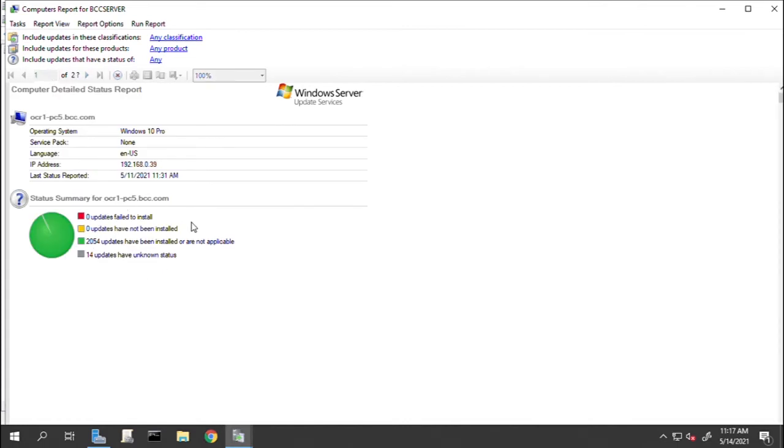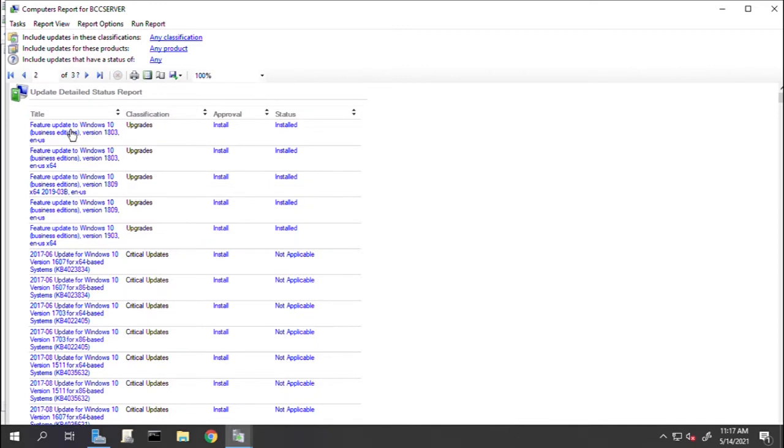Scrolling down, I can see these are the updates that have received approval, and the status of the update says installed, which basically means all these updates which I approved from the server have been successfully installed on the client machines. So there is no action needed from us as the server administrator.